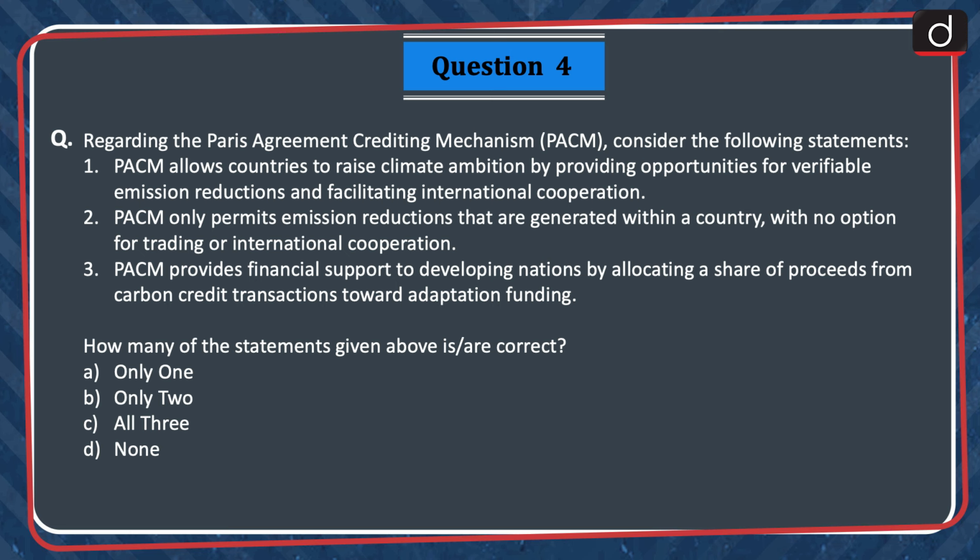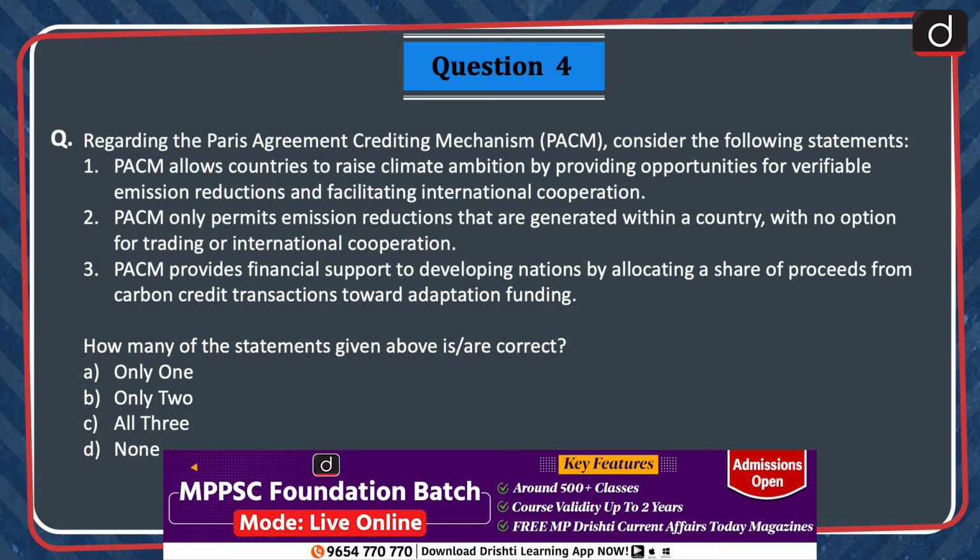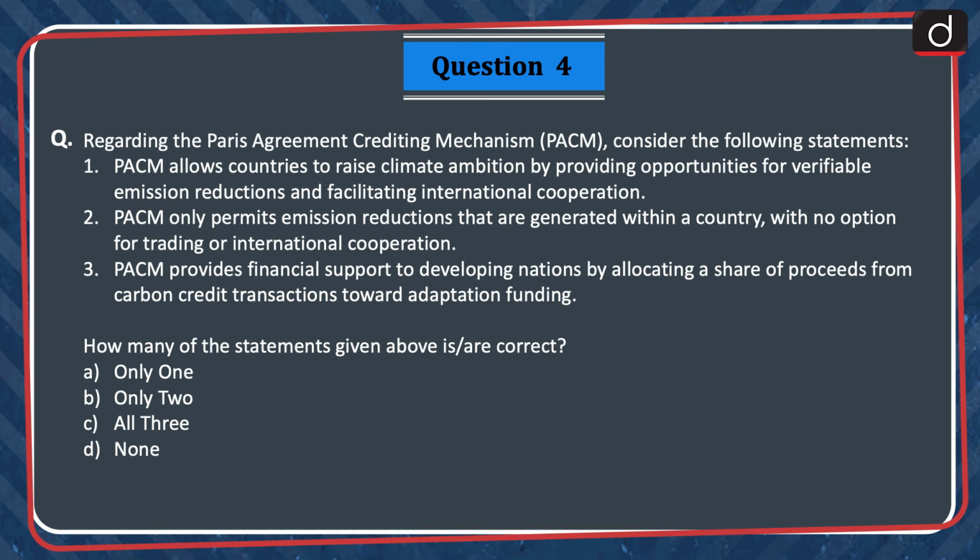Next question regarding the Paris Agreement crediting mechanism or PACM, consider the following statements. 1. PACM allows countries to raise climate ambition by providing opportunities for verifiable emission reductions and facilitating international cooperation. 2. PACM only permits emission reductions that are generated within a country with no option for trading or international cooperation. 3. PACM provides financial support to developing nations by allocating a share of proceeds from carbon credit transactions toward adaptation